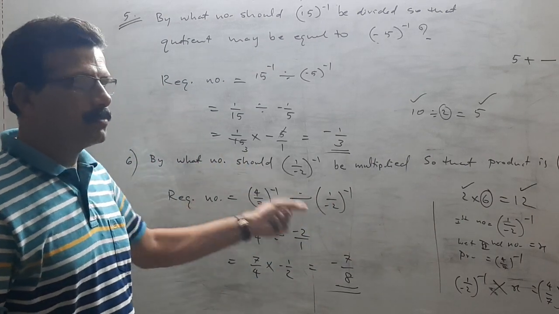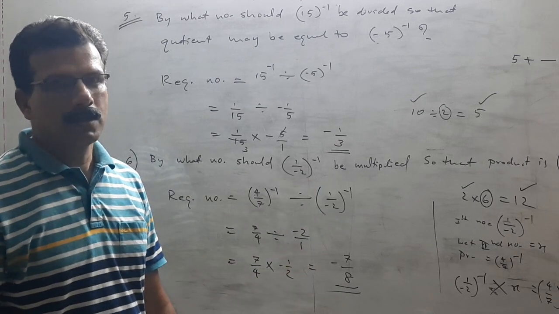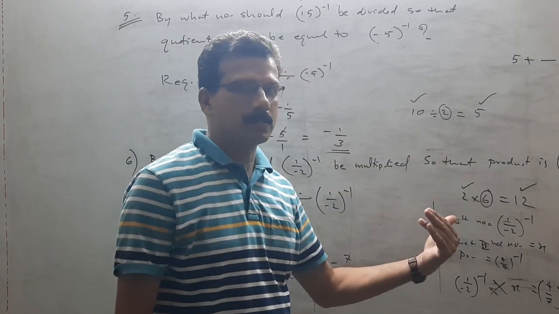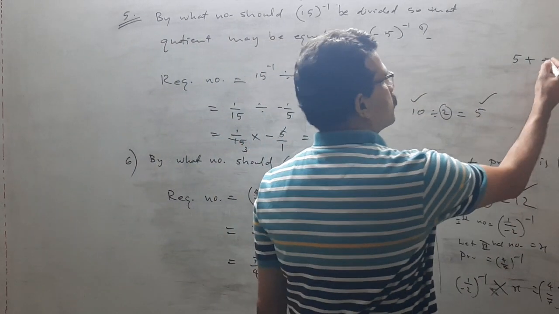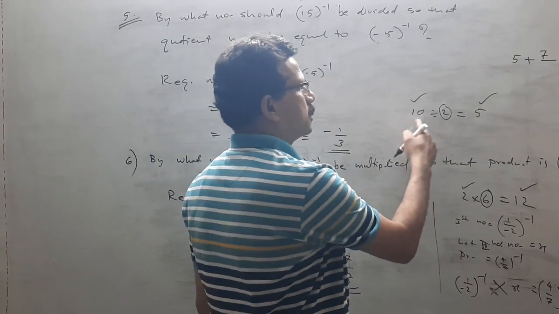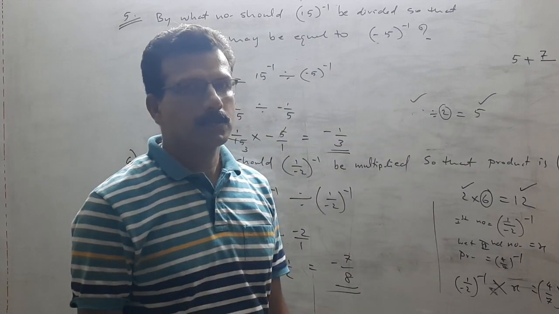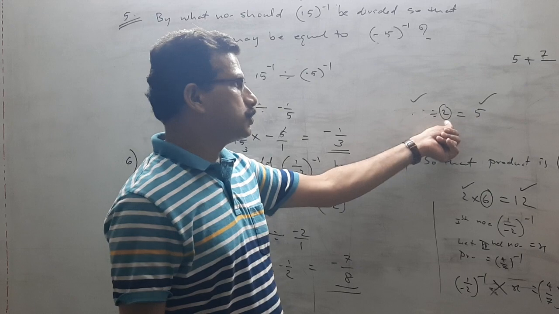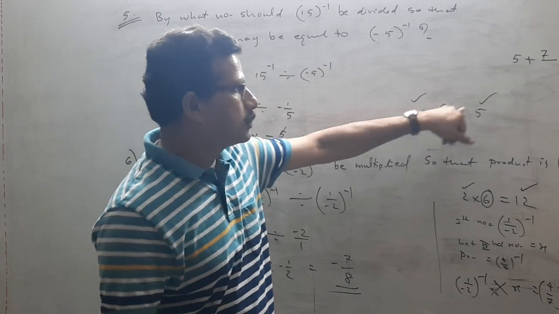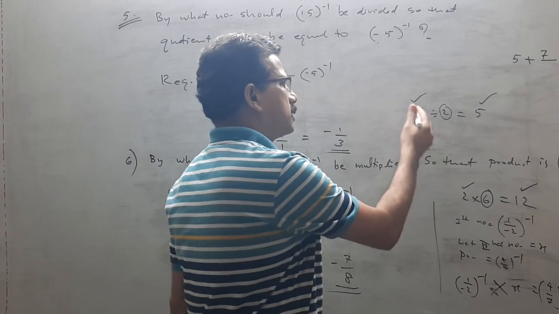What I did, I simply took the help of what I studied in class 2, class 3. The product of two numbers is 12. The product is there, one number is there, the second number means simply division. The sum is the sum of two numbers, 5 plus 7, 12. One number is missing means simply subtraction. Division: 10 by 2 equal to 5. If this is missing, the question is like this: what should be divided by 2 to get 5? So it is actually a missing x divided by, but no one thinks of it as a missing number and all.